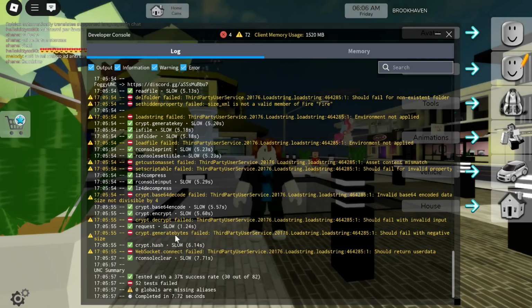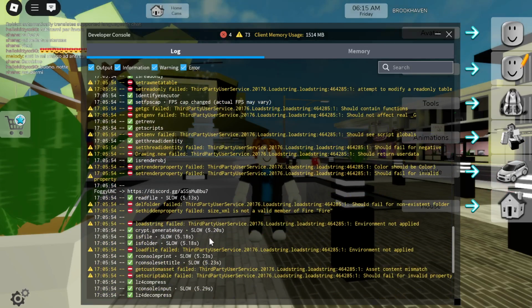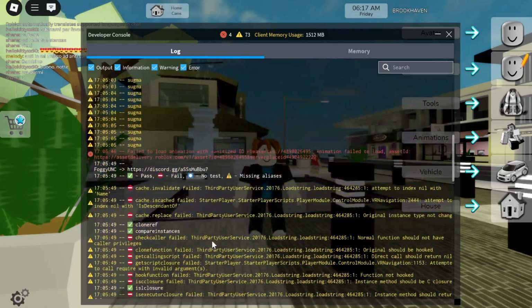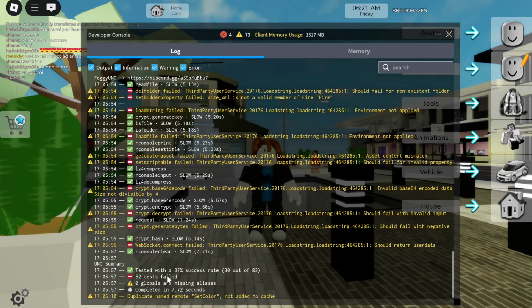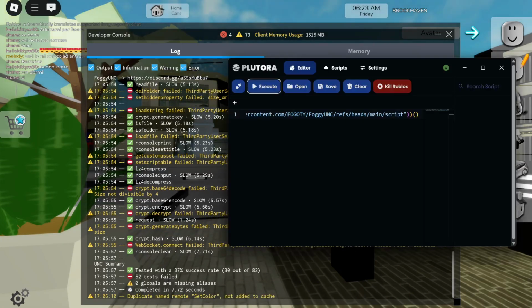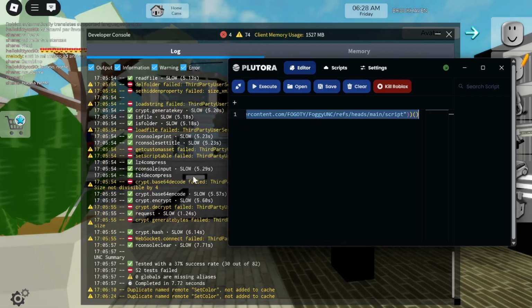So yeah, the foggy UNC actually shows the true UNC. So yeah, we can expose executors using this. I may copy this and then pin it so that we can test executors.